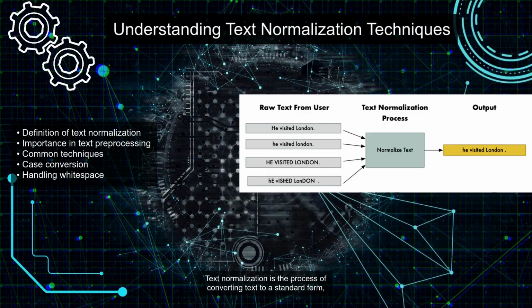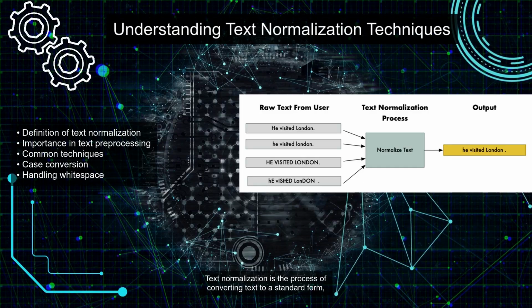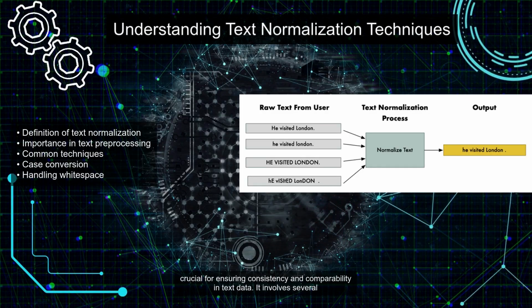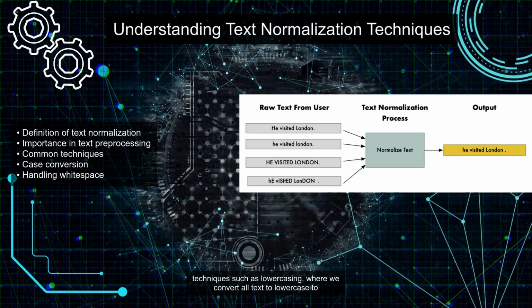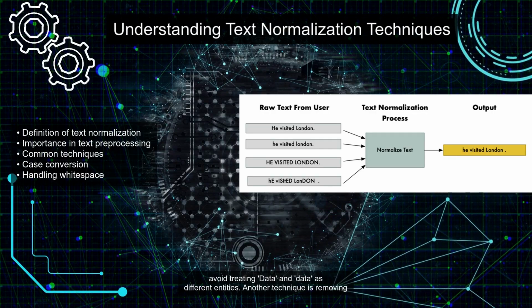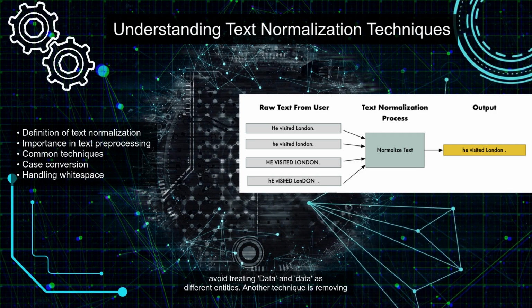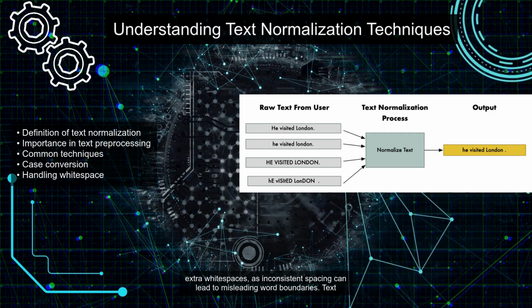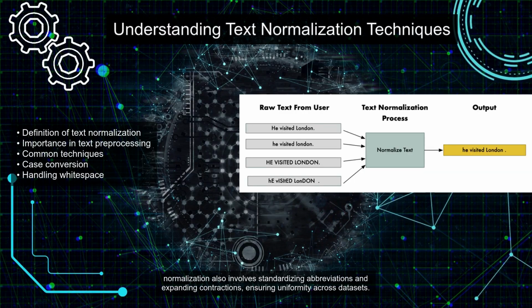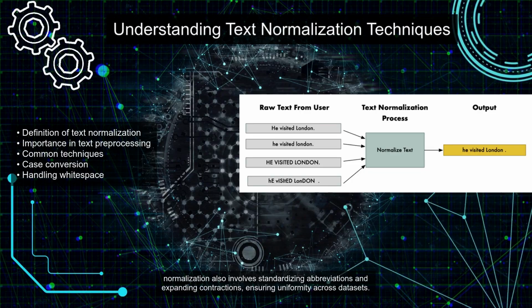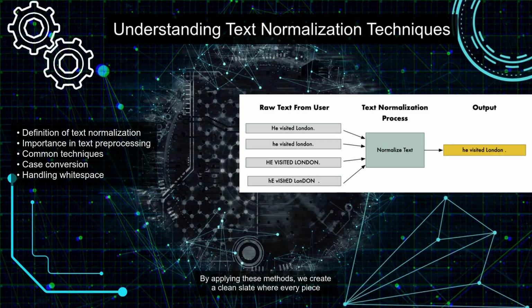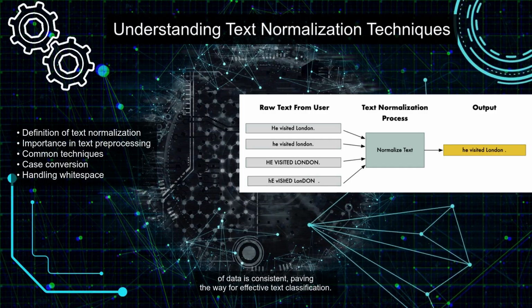Text normalization is the process of converting text to a standard form, crucial for ensuring consistency and comparability in text data. It involves several techniques such as lowercasing, where we convert all text to lowercase to avoid treating Data and data as different entities. Another technique is removing extra white spaces, as inconsistent spacing can lead to misleading word boundaries. Text normalization also involves standardizing abbreviations and expanding contractions, ensuring uniformity across datasets. By applying these methods, we create a clean slate where every piece of data is consistent, paving the way for